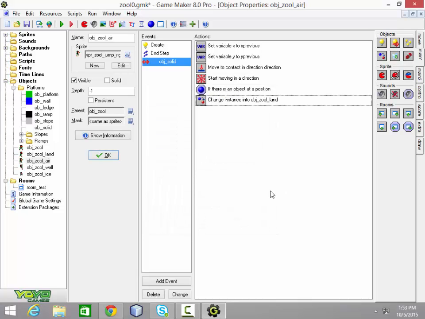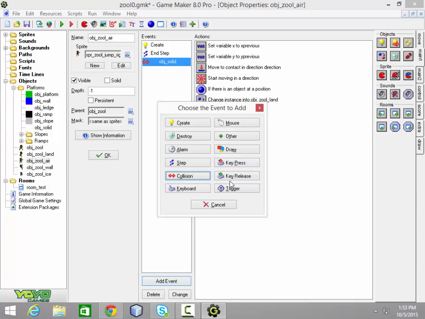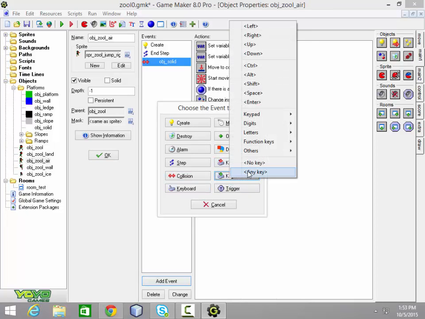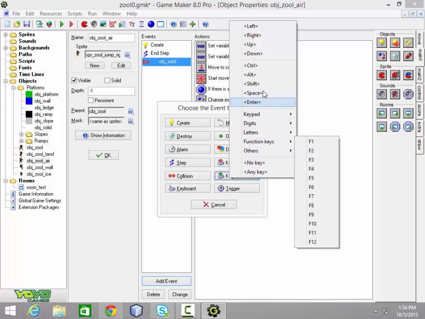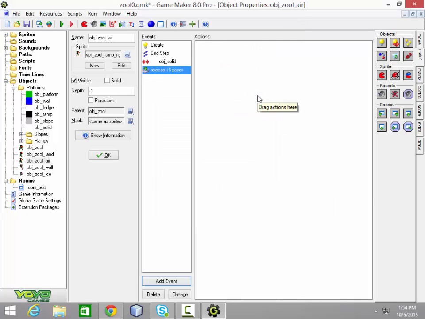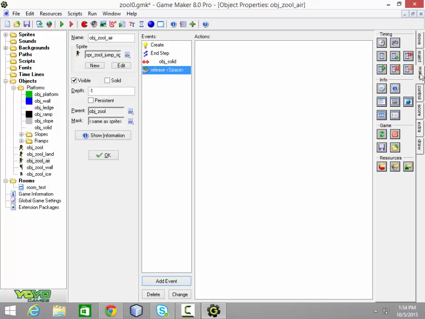Finally, we're going to add a key release event. So we add that event. Key release event. It's important you get the right one. Key release. And we want to get the space. Remember, space is, I guess, jump. And here we want to set the gravity to